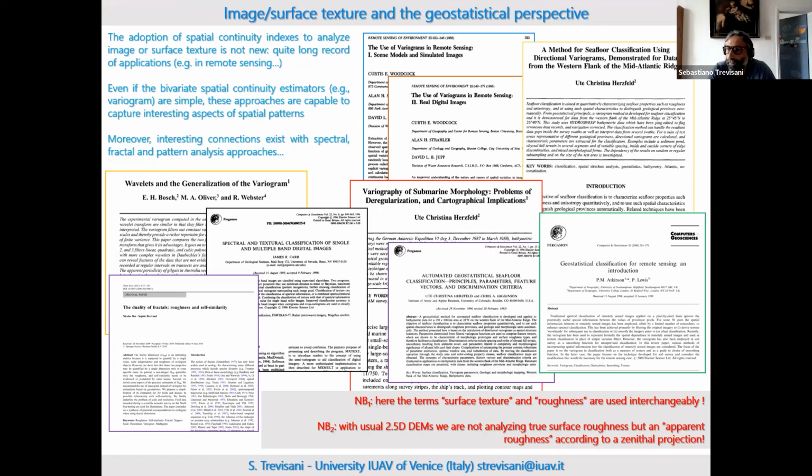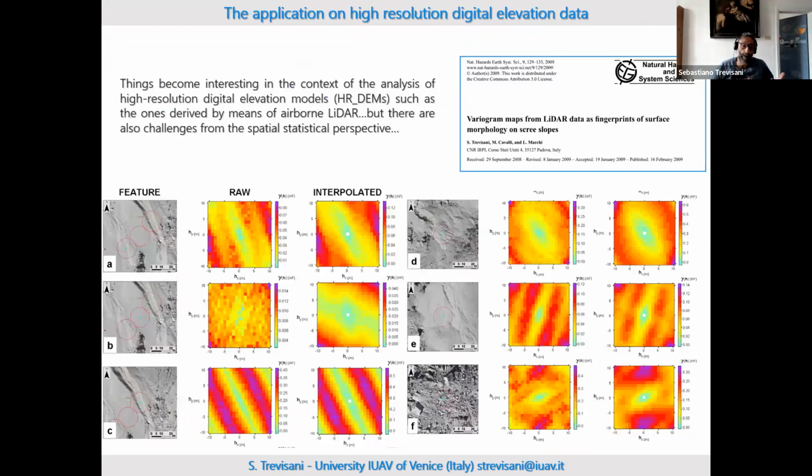the vector analysis is a quite huge corpus, a huge set of references that are very old, I think from the 80s, from the perspective of research, not from the geological point of view for sure. And one of the key features of the application of geostatistical indexes for surface texture analysis is that this